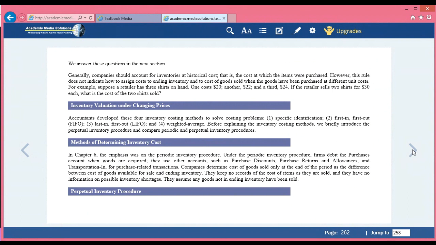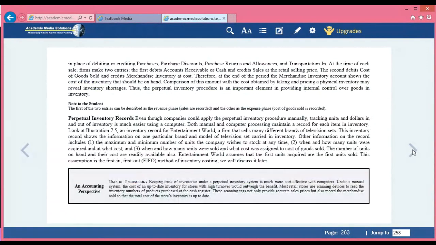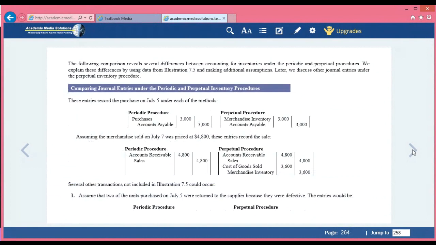Now they start at the bottom of this screen. I don't know what page in the book. Perpetual inventory procedures. We talked about periodic, and now they're talking about perpetual. So I'm going to skip over here to this page. You can read through that. I think it's going to confuse you. You should just go right over here to the page where it says comparing journal entries under the periodic and